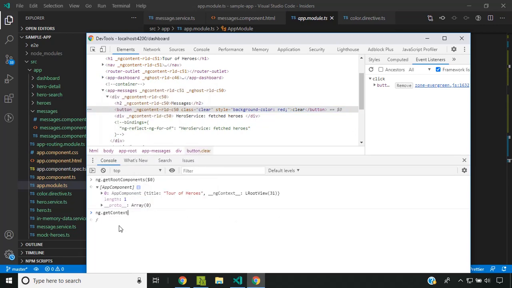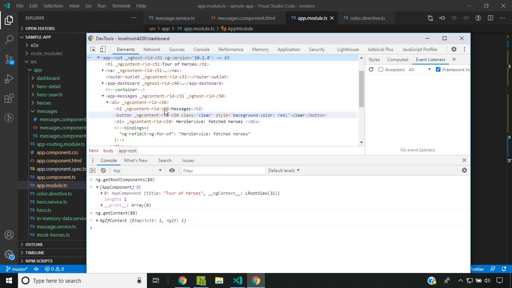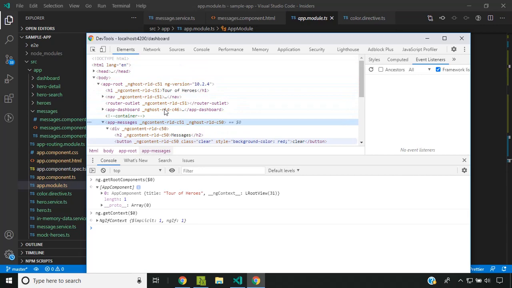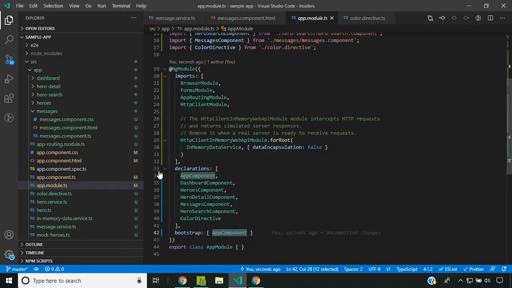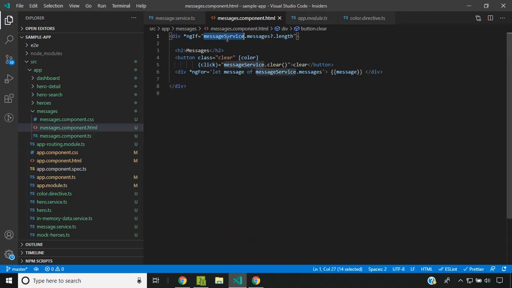ng.getContext. So this is similar to get owning component, except when the current selected element is inside an ngIf or an ngFor. So in this scenario, let's see the message component. So you can see that it is present inside an ngIf.